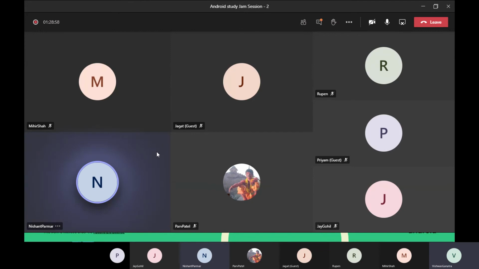Yes, Nishant. As you told about Retrofit, if we want to show an image on the app from other servers, we use this function, Retrofit. Yes. Let me elaborate more. If you are using Firebase, are you familiar with Firebase? Firebase is a NoSQL database service and offers other services from Google.